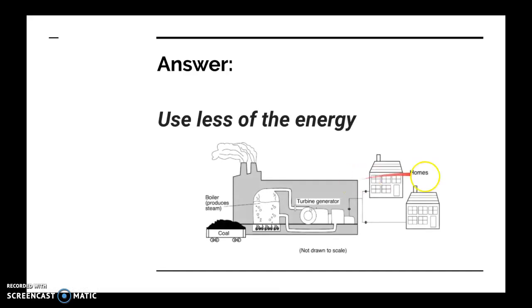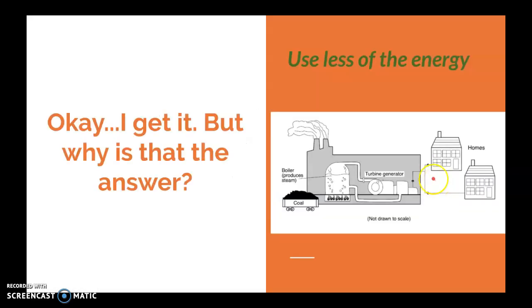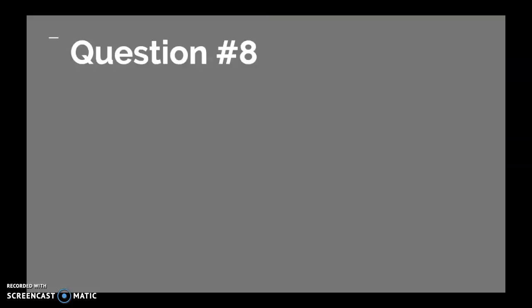Folks, if we used less energy, if we turned off lights, if we stopped opening up the fridge to let the cold air out, just close it. If we decreased our amount of energy, we would decrease how much energy these homes would need to power, which decreases the amount of coal. So by just using less power, you can really conserve how much energy is used around the home. Okay, that's one thing that they can do. Next up,